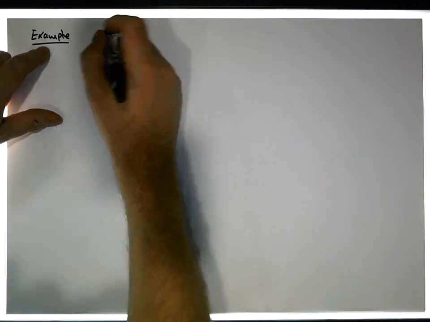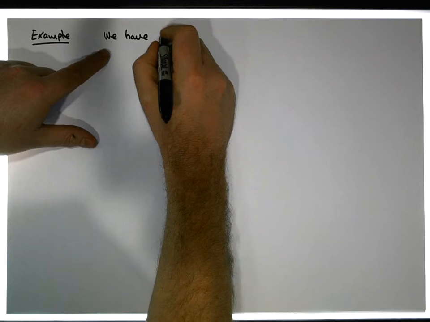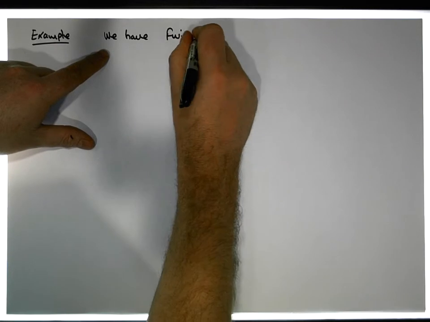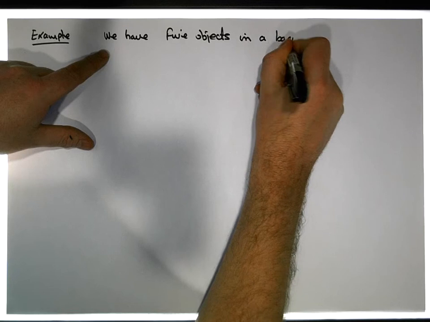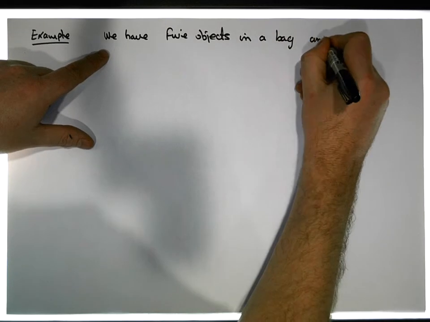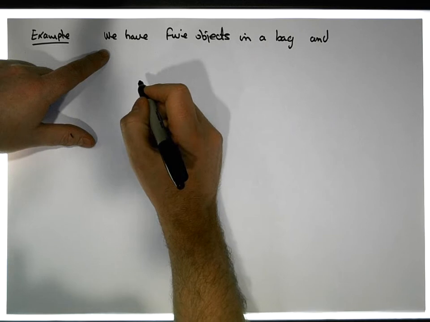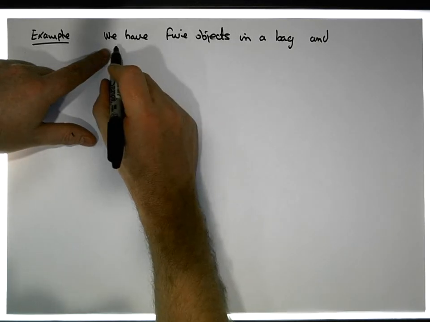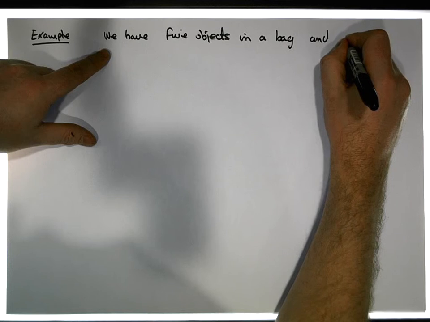Let's say we have 5 objects in a bag, and let's say they're different objects, let's not complicate things at this stage. So we have 5 objects in a bag, and let's say 3 selections